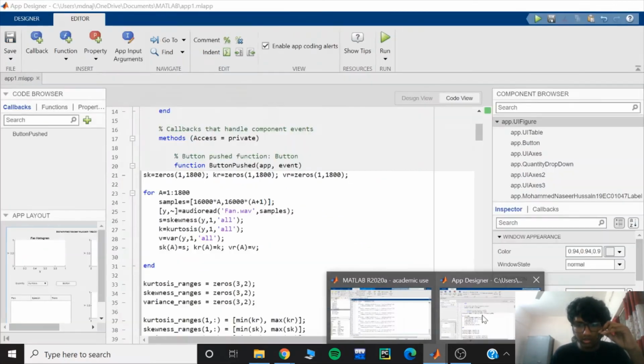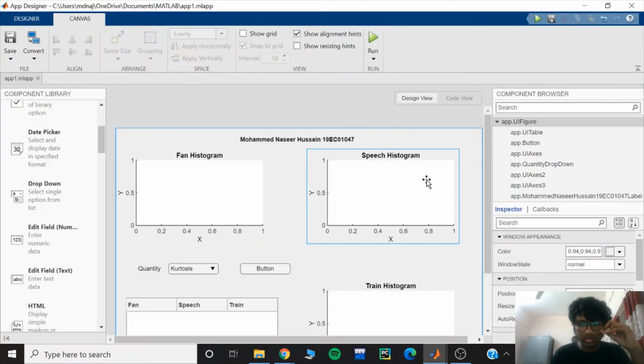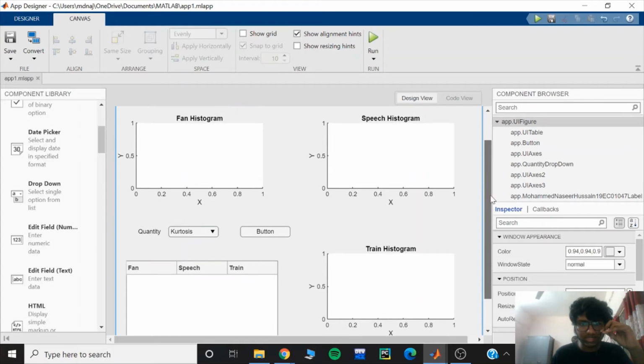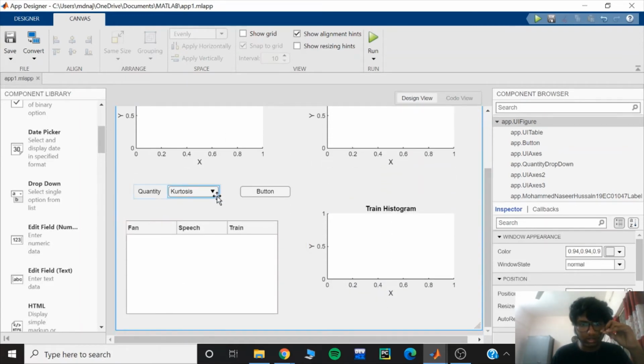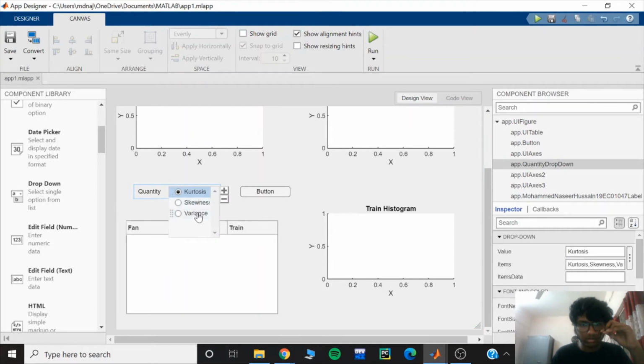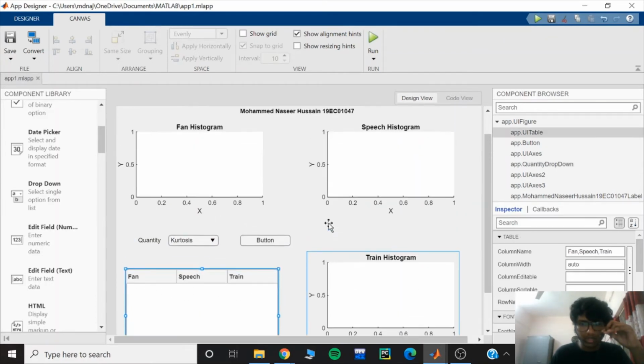Now coming to the MATLAB GUI, this is my GUI design. First of all, it contains a drop down list which contains the 3 statistical parameters, skewness, kurtosis, and variance. Based on the statistical parameter that is selected over here, the corresponding confusion matrix will be shown over here, and